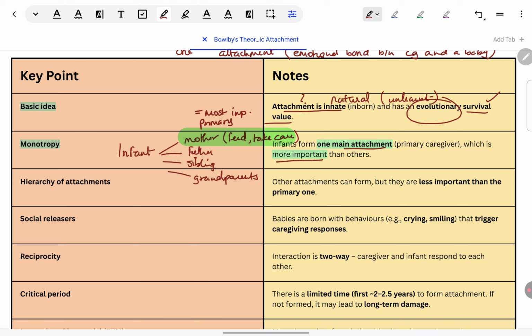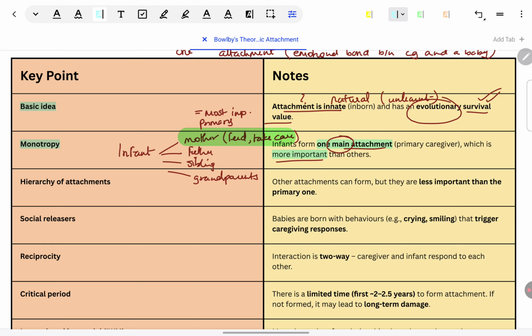We will see further why he feels that it is the most important, because he feels there are very strong implications of this attachment, not only for survival, as we were seeing, but also for how the child's future will shape up. So when he says this is the main attachment, not only from the evolutionary perspective, there are actual consequences in the child's later life of what quality this attachment is. That's why it's main or primary.